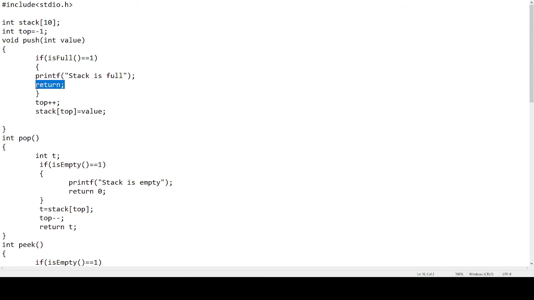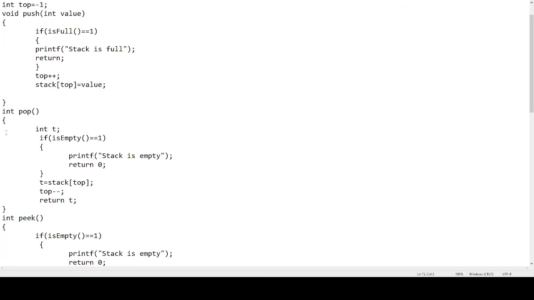This will just return control back to the calling function. If the stack is not full, we can easily insert a value. So first we have to increment the top variable by 1, followed by which this statement, array of index top, can hold the value which we have taken as a parameter. So this is the design of a push function.